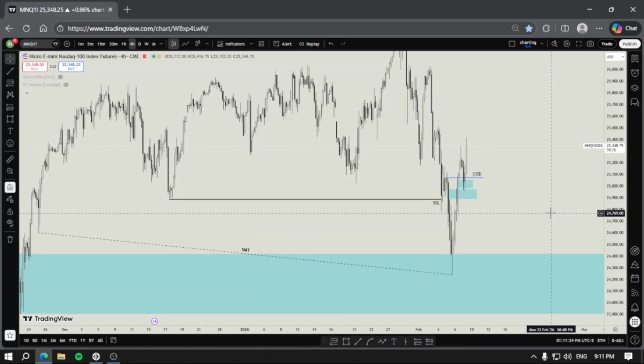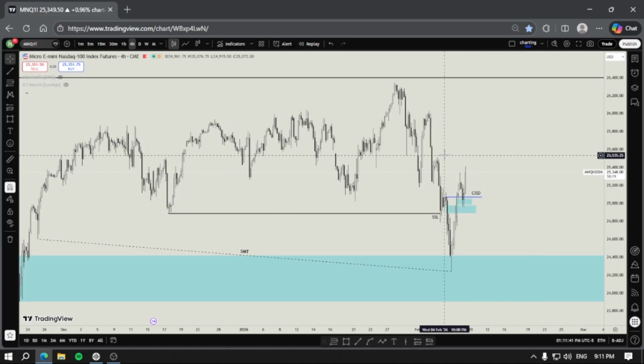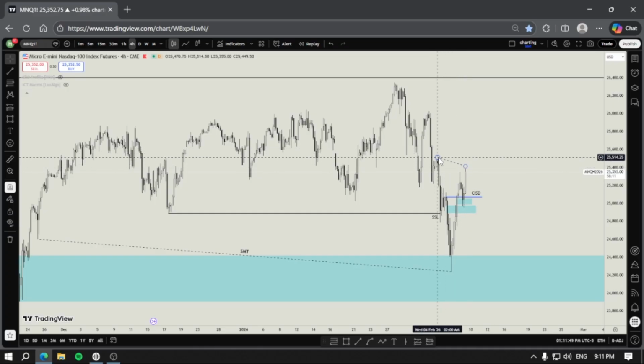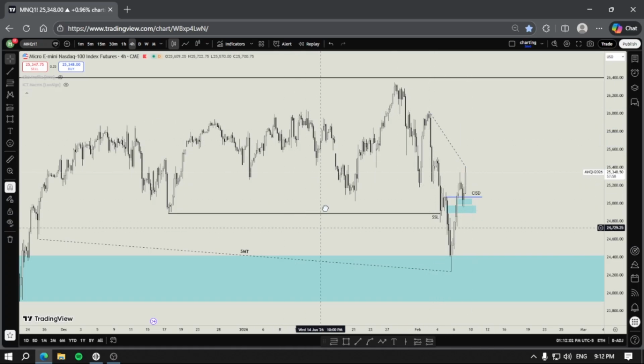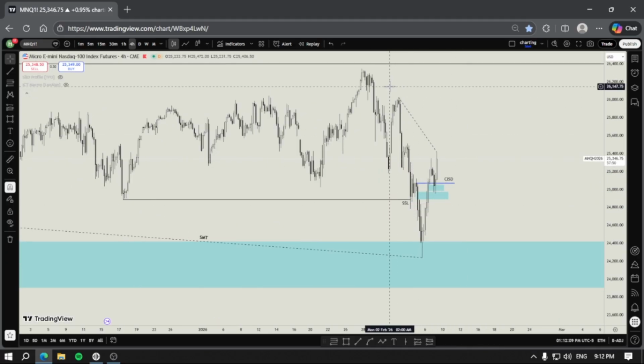If my draw on liquidity is bullish, I'm just looking at bullish SMTs as a confluence because I am already bullish. I cannot look at any single SMT right there and say, yo, we have an SMT. So what if this SMT plays out? I'm not looking at whether this SMT plays out or not. Those SMTs you're going to see against your draw on liquidity, let's say your draw on liquidity is bullish and you're paying attention to bullish PD arrays, and you're seeing bearish SMTs.